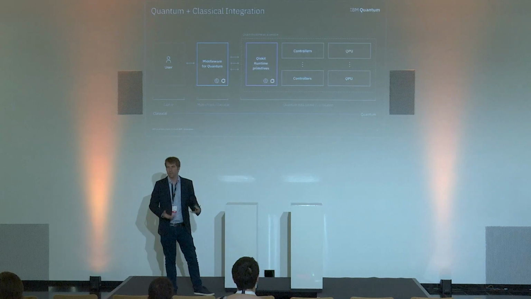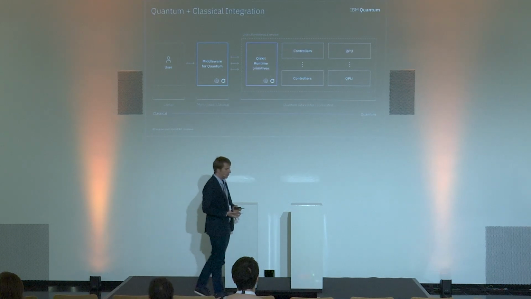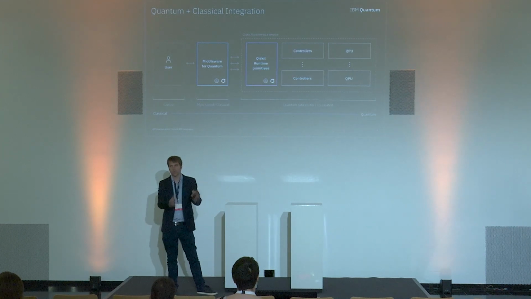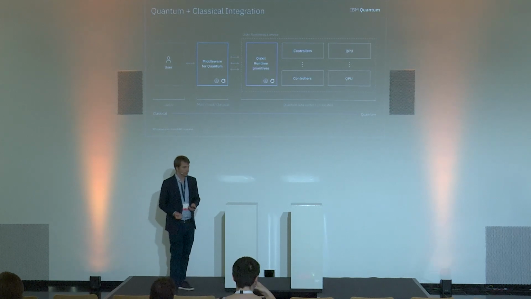One is the estimation of an expectation value. Maybe I have some energy, I would like to estimate that energy. It's a primitive, the estimator. And the other one is the sampler. The sampler does the following. You take a quantum circuit, you execute it on the hardware, and you want to sample bit strings from this. The applications of the sampler, you can typically find them in combinatorial optimization, where the samples that you draw from your circuits could correspond to candidate solutions for your optimization problem.